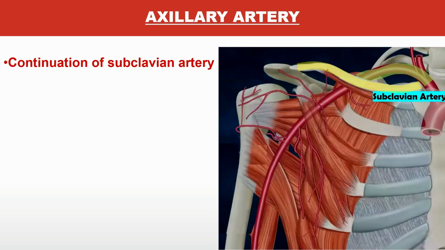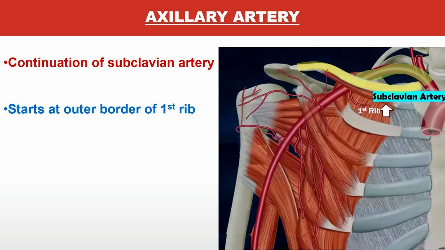Then, so this is the origin or the beginning of the axillary artery. Where does it start? As a continuation of the subclavian artery at the outer border of the first rib. The axillary artery can be a long question for you. Okay? And whenever it comes as a long question, you have to write its origin, its end point, where it begins, where it ends, its extent, its branches, okay, and its relation to the various structures present in the axilla.